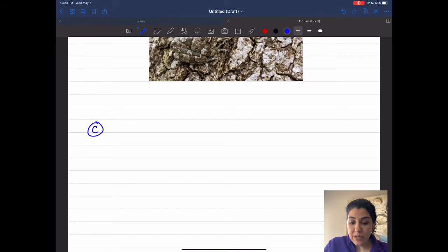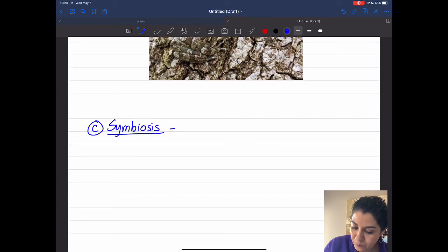So here what we're going to have is symbiosis. Symbiosis are relationships that develop between organisms that are closely together, in close proximity, and that's what it means. Symbio means close, and biosis means living, okay? So